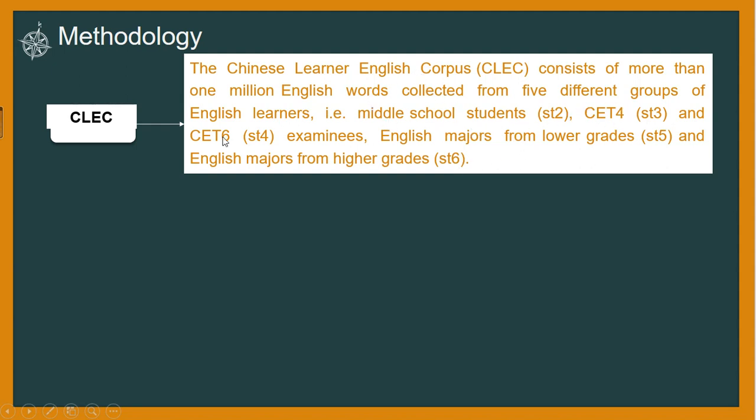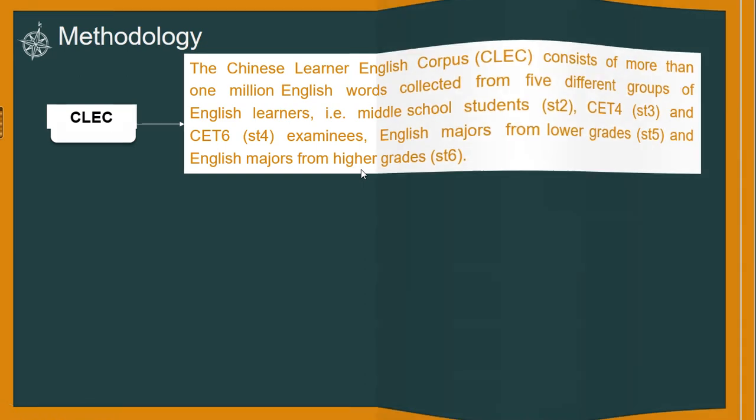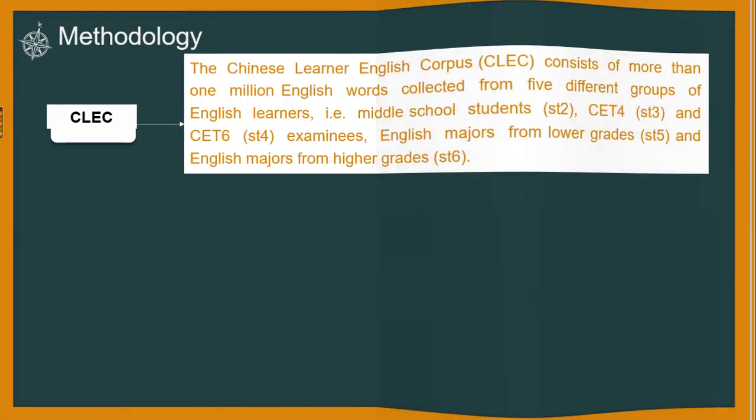CET4 and CET6 refer to the national examinations which are official for the non-English major students, as well as the English major students with lower grades and higher grades. The BNC, the British, sorry,